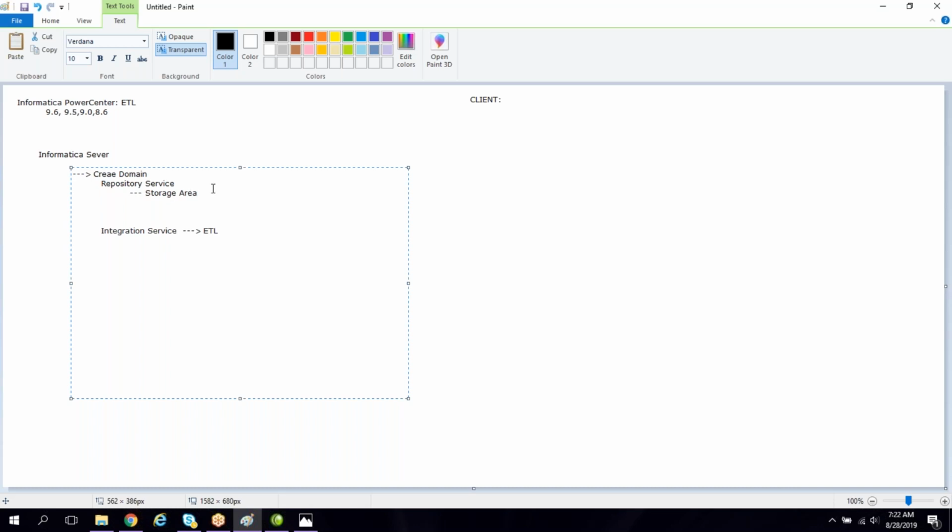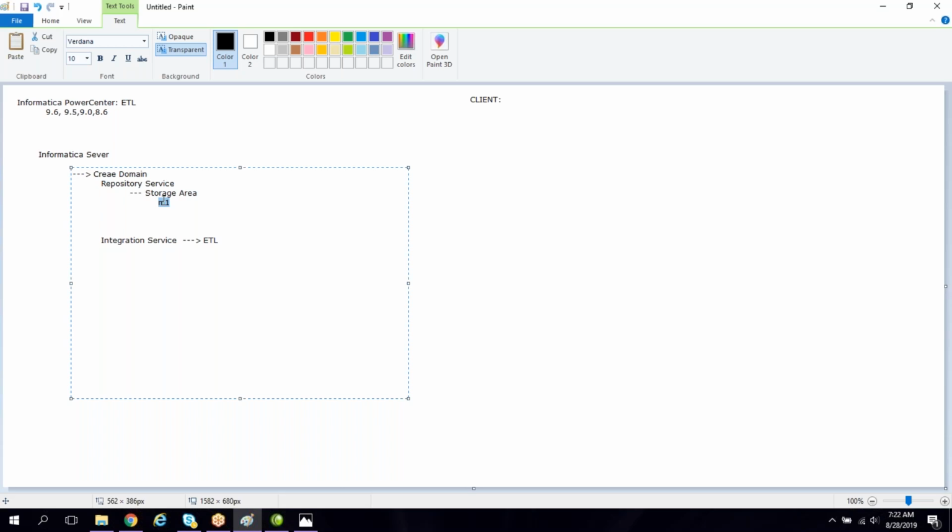Suppose we have one source table and one target table, and we have created an Informatica mapping to extract the data from the source, transform and load into the target table. For that we have created a mapping called M1 mapping. This mapping we have stored inside that repository. After creating a mapping, it is not going to load the data from source to target. We have to execute that mapping. After execution only, it is going to extract the data from source, transform and load into the target.